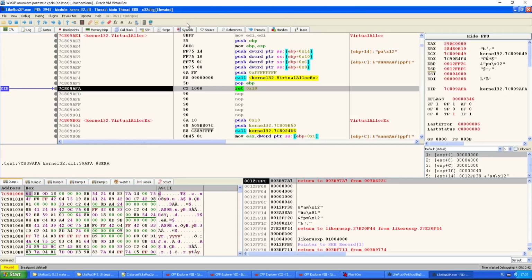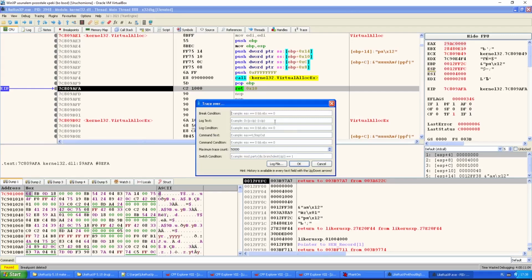So let's trace. Let's run the trace. The break condition will be the stack ESP register equal 20FFC4. Let's run this,